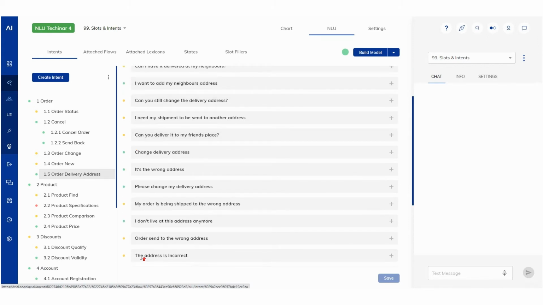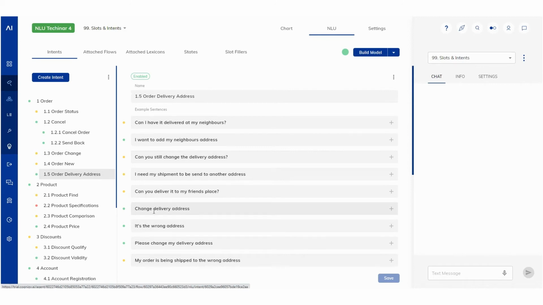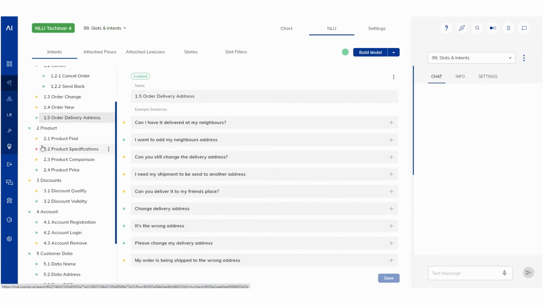The traffic light system here, the intent analyzer, works on different levels. So it makes a comparison between these individual training sentences, and it also makes a comparison between the intents here in the hierarchy. And then finally, here to the top right, it gives us an overall model score, right? So it says this entire model has a good accuracy score of 0.88. That does not mean that there's not stuff that we can improve. For example, you see that there's a red light here, and this has a pretty low F score.